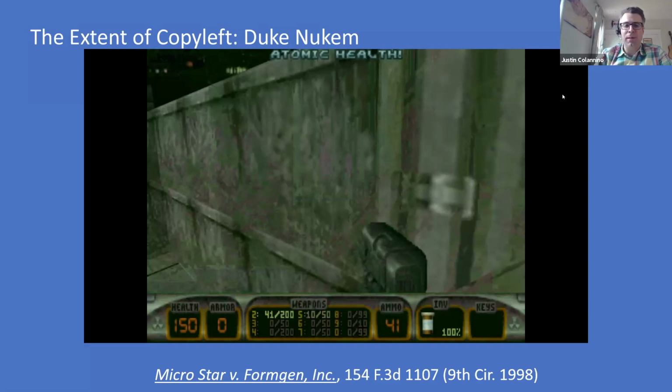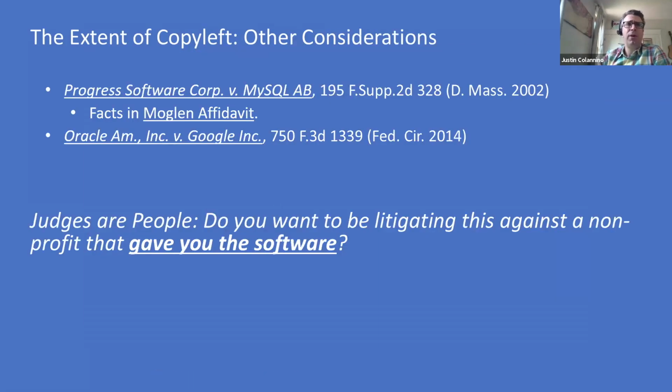And the court also said, well, they also just made a sequel to Duke Nukem, and a sequel is clearly a derivative work. So that's it. But those two pieces of reasoning are very interesting and lead to the conclusion that, hey, if your program was designed to be made with that particular library and not some other library, then that would tend to the conclusion that there is a derivative work in that piece of code when you use it with a library.